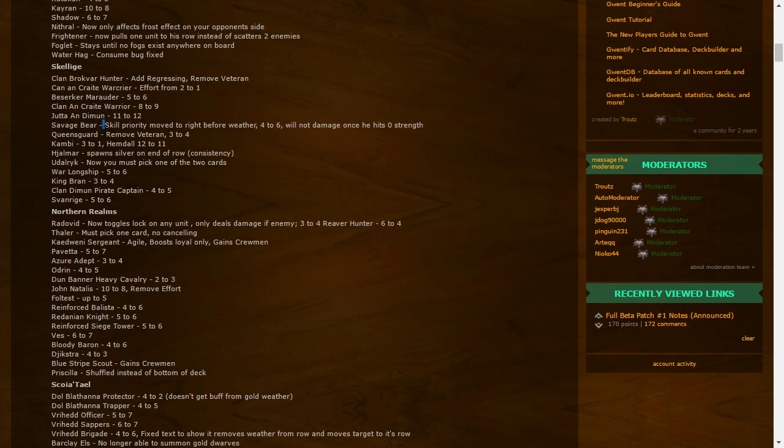Savage Bear is gonna be pretty savage, especially combined with the X-Men guys that are already pretty strong. Queen's Guard, they don't have veteran, and they went from 3 to 4. So they are not as crazy last round, but they are actually better first round. So who knows? Maybe you can actually just push with them. That would be crazy if you can just 2-turn people with Queen's Guard. That would be actually